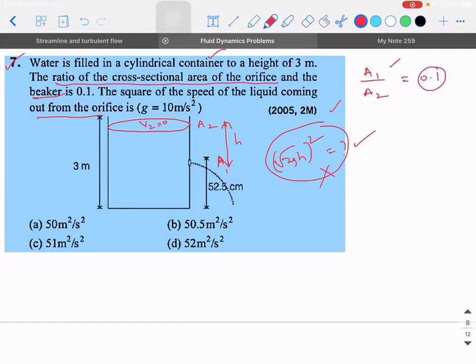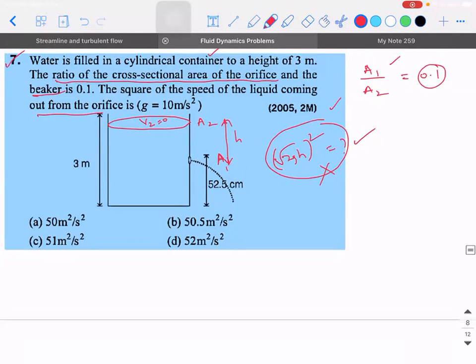So here, don't use this formula, because this formula was derived under what conditions? You need to have the derivation in your mind. One is the speed of the top surface is approximately 0, because its area of cross section is very big compared to the size of the orifice, and orifice means the opening. Secondly, it should be exposed to the atmosphere. Here both sides are open to the atmosphere. Right? So how to frame the equation, guys?